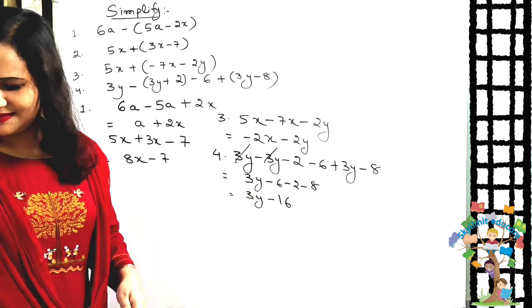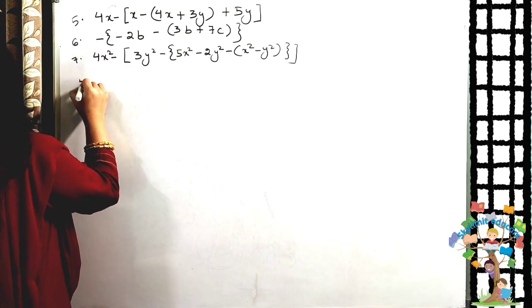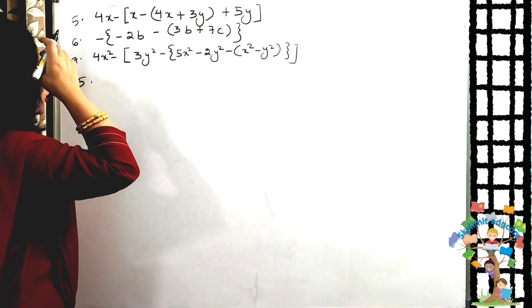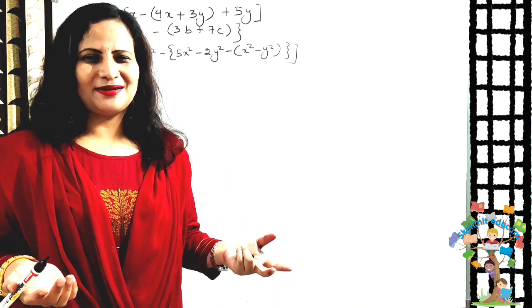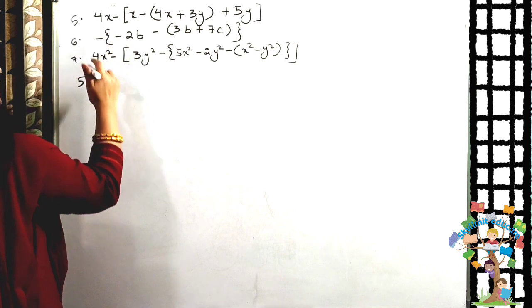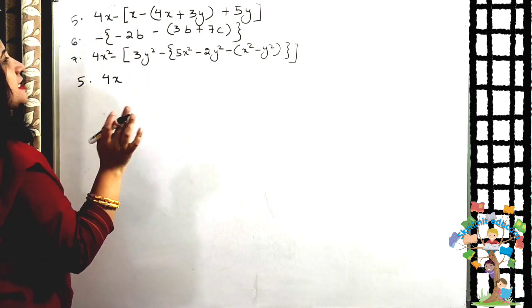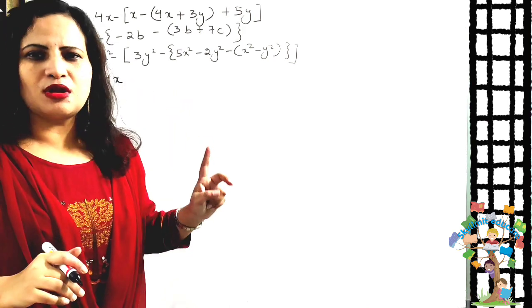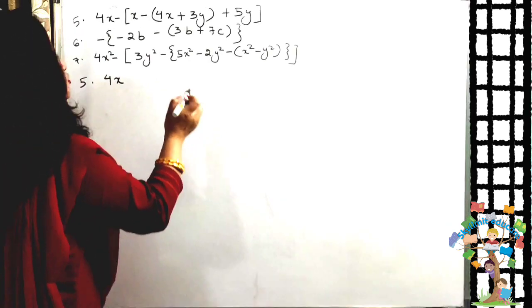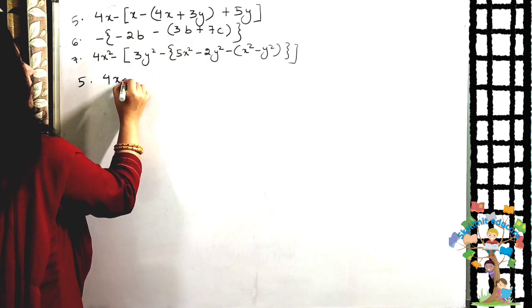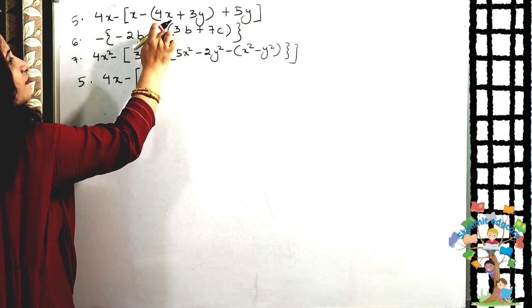Keep practicing. So now students, let us come to the next question, question number 5. I am going to solve it now. And you remember, in simplify, you have to always follow the BODMAS rule. So now let us write this 4x; I am just copying down this 4x. Now you see, students, in simplify, when there are brackets, first you should solve the common bracket, or the round bracket or the parenthesis, whatever you call it. Yes or no? So our first target should be that. So let us write everything as it is up to this much, because first we have to open this bracket.